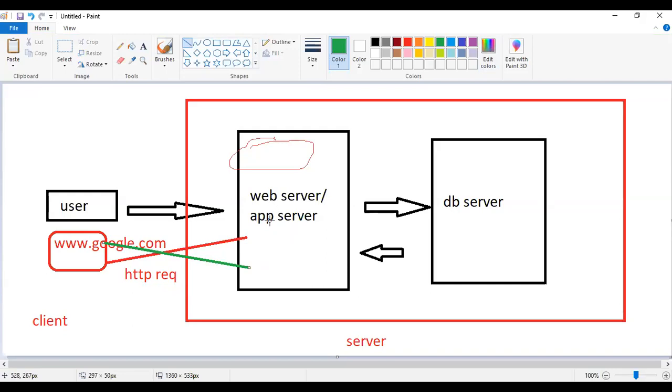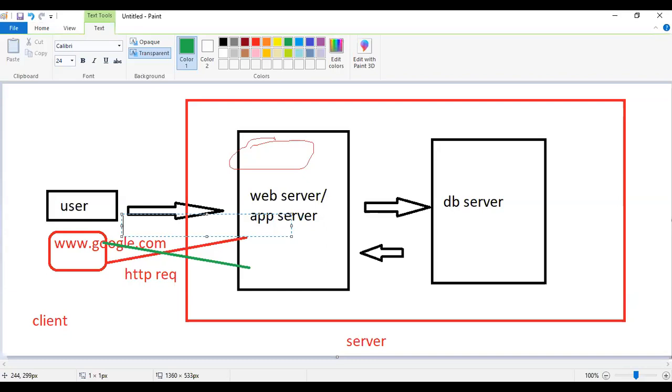That program is executed here, and once it is executed, the result will be given to the client who called the program, right? So that is called the HTTP response.